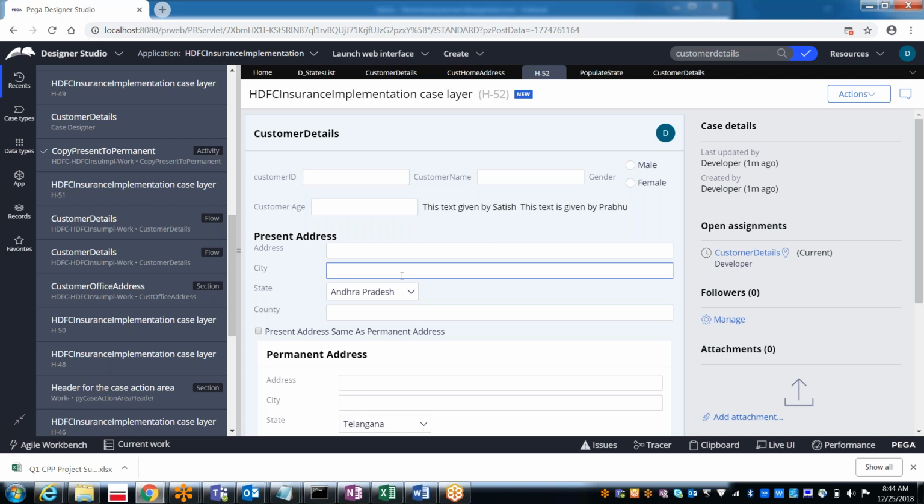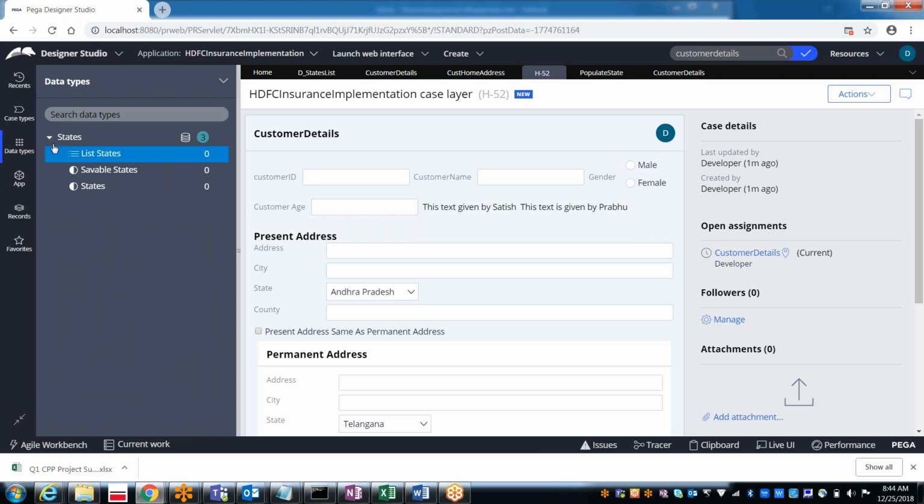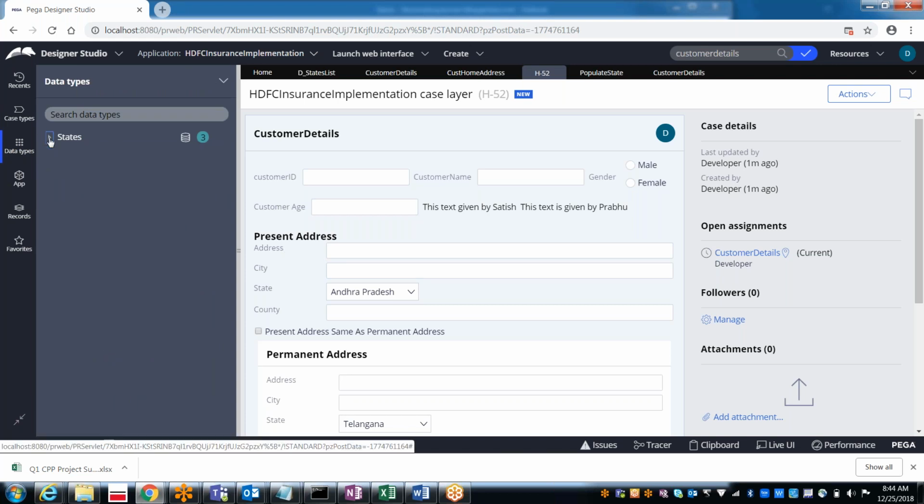Right now I don't have any drop-down or data type for the city, because we created the data type only for the states. So now create one more data type for the cities.